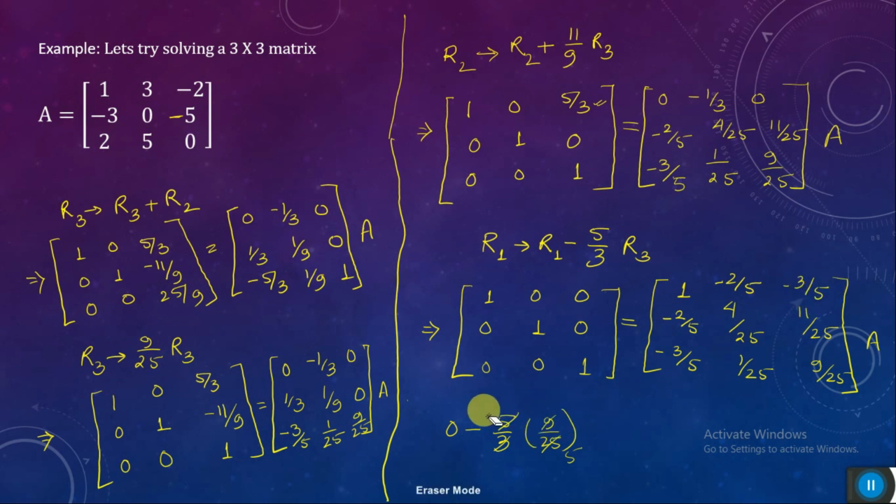Okay, now you can see here what happened, that I can write I equals to A inverse A, right? So I can call this an inverse, and you will see if you multiply this matrix with this one A, you will get this one. Okay, So I can say my A inverse is,